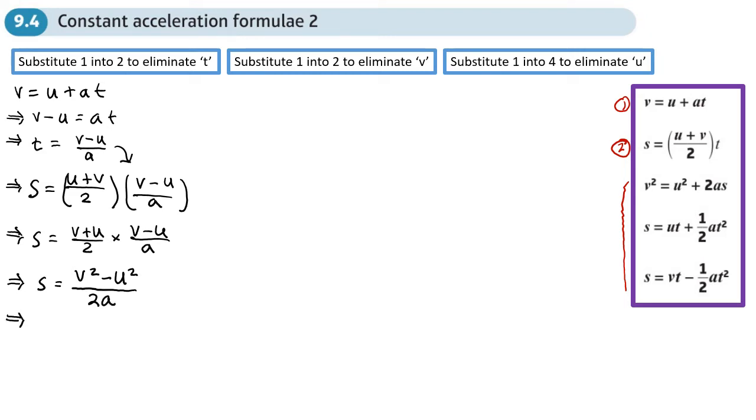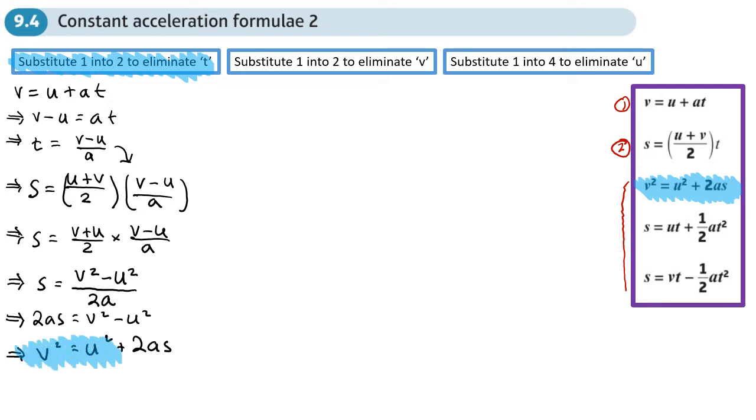Let's multiply both sides by 2a, so we'll get 2as equals v squared minus u squared, and we can rearrange that to make v squared the subject, and we'll get v squared equals u squared plus 2as. And what we've done is we've derived this formula here, v squared equals u squared plus 2as. That's in the formula book. So by doing this substitution here, we get this formula. Okay, right, now what we can do is